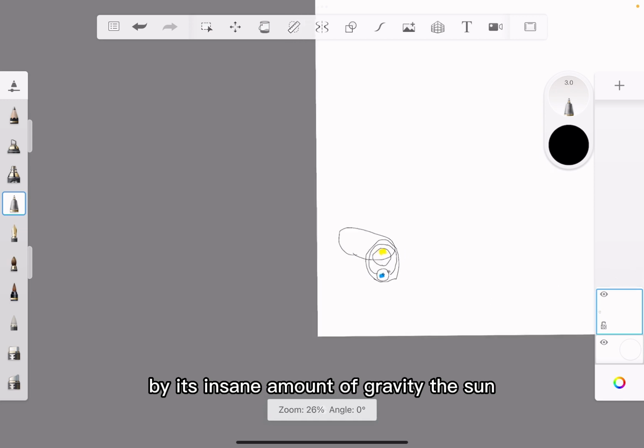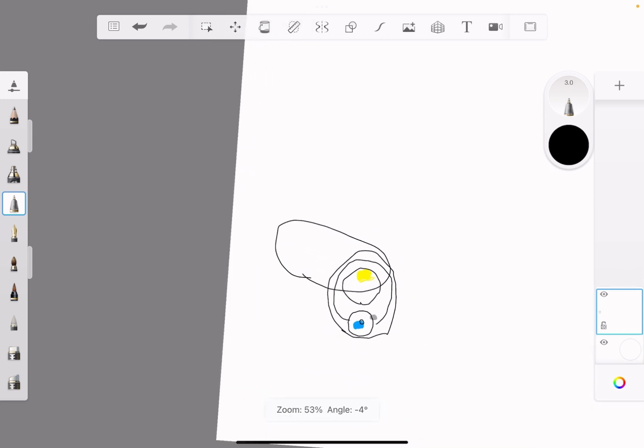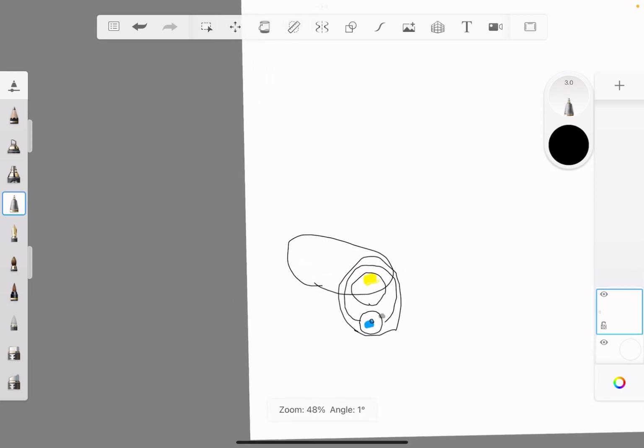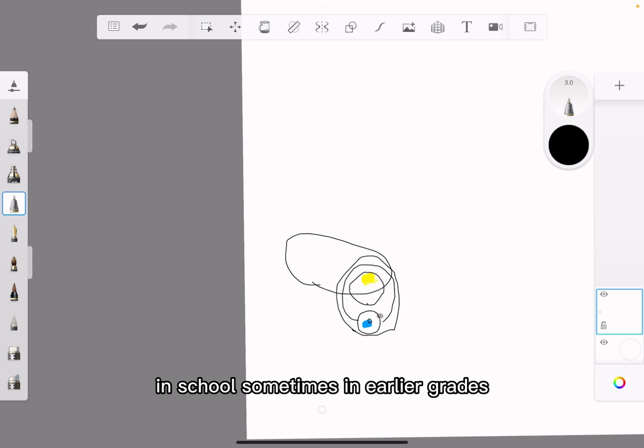The sun, in school, sometimes in earlier grades, we're taught that the sun does not move, but that's not true at all. The sun is just like our Earth and our moon and most celestial objects. Pretty sure, actually, probably all. Something like all